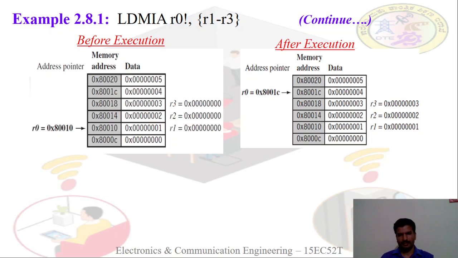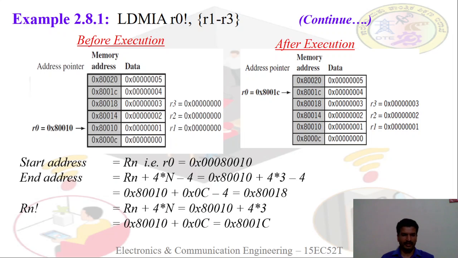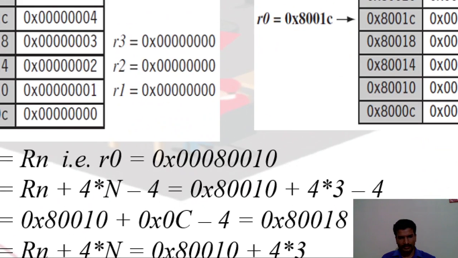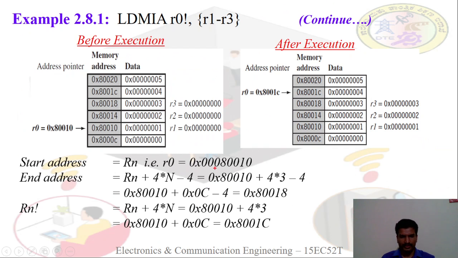I have mentioned the starting address and end address formula in the previous slide. For this example, the starting address is Rn. Rn is the base register, that is R0. So the starting address is the content of R0, that is 80010. This is the starting memory address. The end address: here n is 3, since we have mentioned R1 to R3,